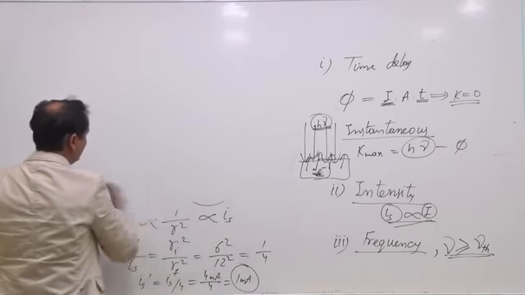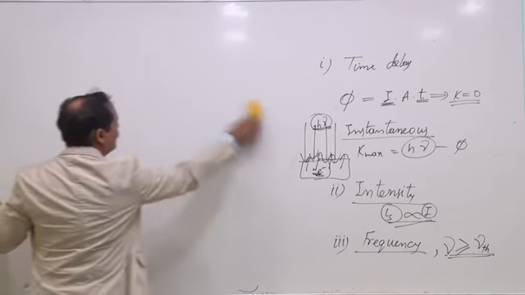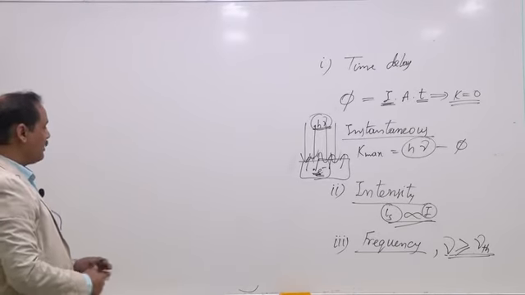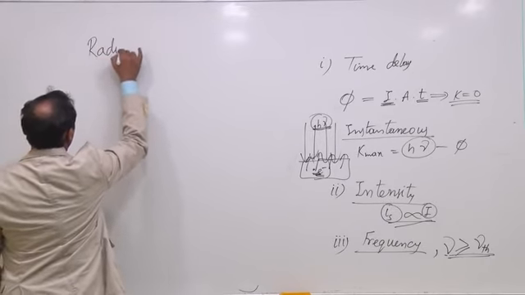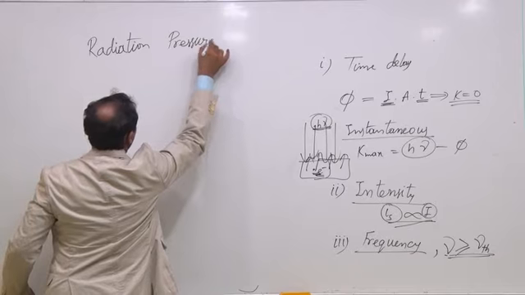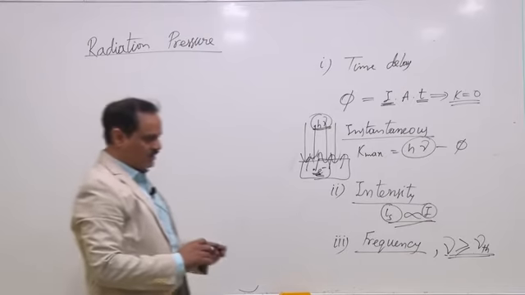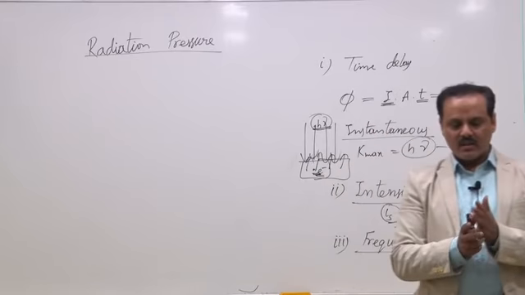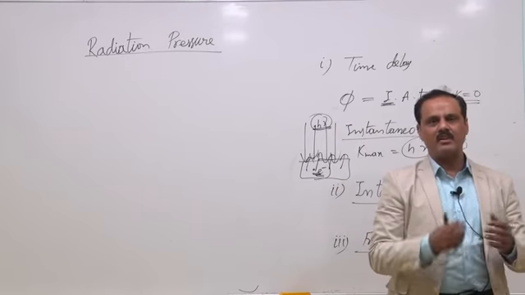Now, as I said, the photon has particle nature, so along with particle nature it could have some particle properties also. Let us understand one more term, called radiation pressure. What is radiation pressure? When light is incident on a surface, it hits the surface and the surface experiences a force, and that normal force per unit area exerts a pressure.